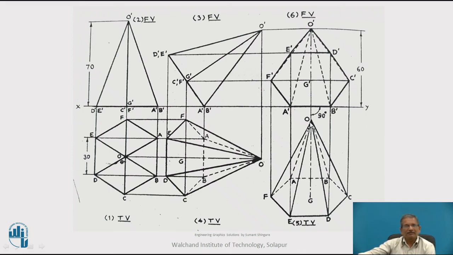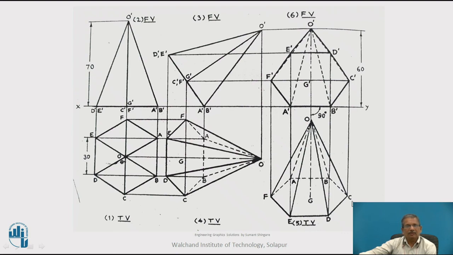So now the apex itself is away from the observer. So the lines related to O will be dotted lines, meaning OA, OB, OC, OD, OE, OF. But as the graphics conditions are that the peripheral lines must remain dark lines, you have to draw accordingly. So whatever peripheral lines are here, those must be joined to the apex as dark lines. So now here when we project it, AB is towards the observer.